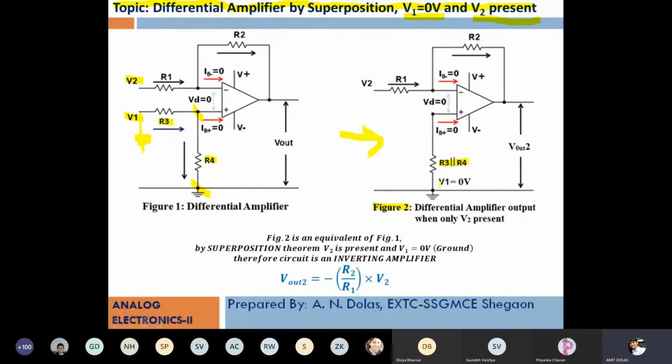And next, V2 is present. No worry about that. V2 is present and it is connected to the inverting terminal. Now please look at this circuit, which is the equivalent of the first circuit or first figure after application of the superposition theorem. This circuit is very easy, as we have already seen in a previous topic. This is nothing but simply an inverting amplifier, because the inverting terminal is fed by one of the sources and the other terminal, the non-inverting terminal, is grounded through a resistance, which is the parallel combination of R3 and R4. Therefore,